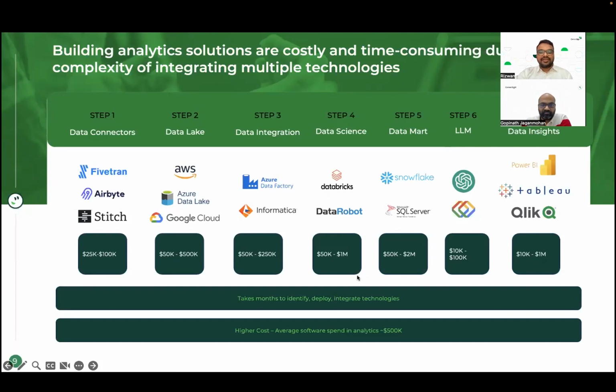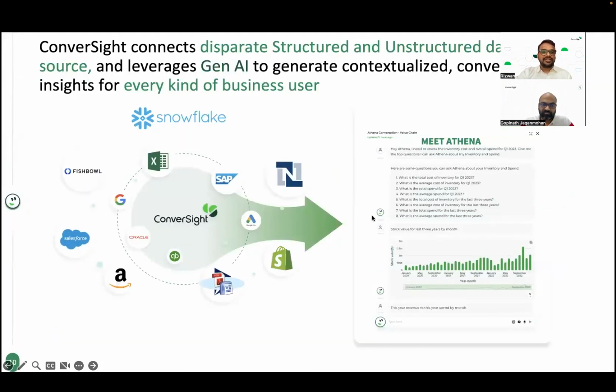And I'm pretty sure, with all this, you would be seeing those challenges every day. The business team has all the data, and they are asking you every day for all those insights that are required for decision making, and all these are challenges that you may have to go through. In that context, take ConverSight.